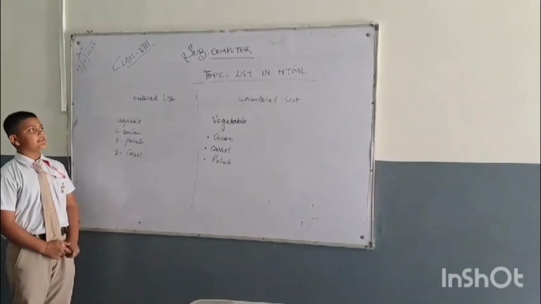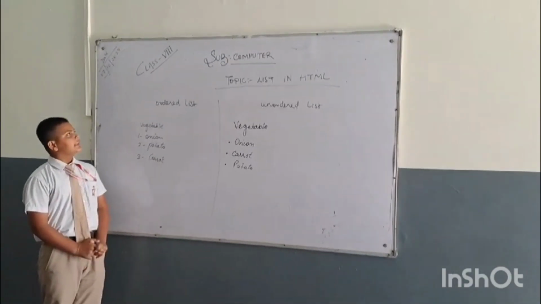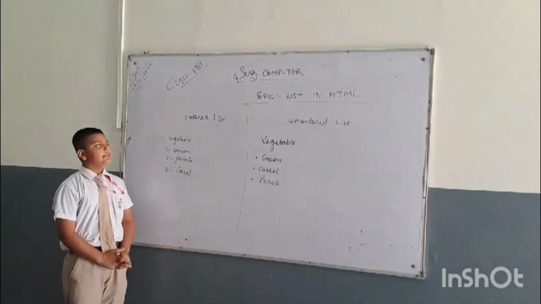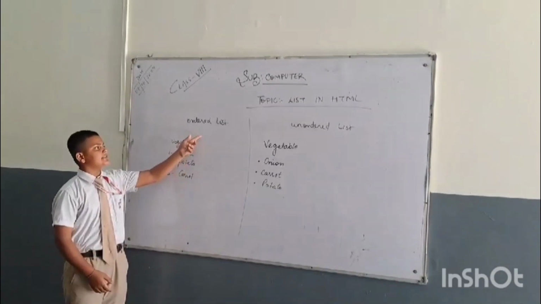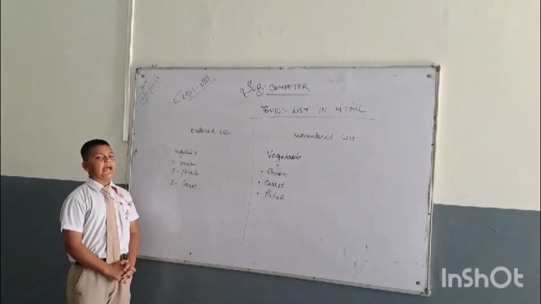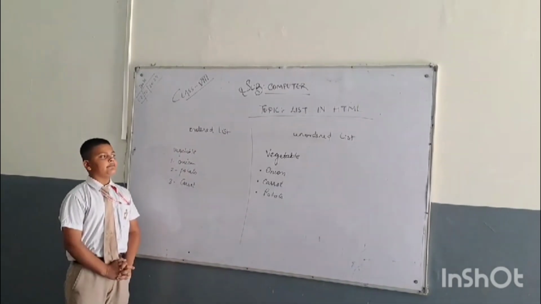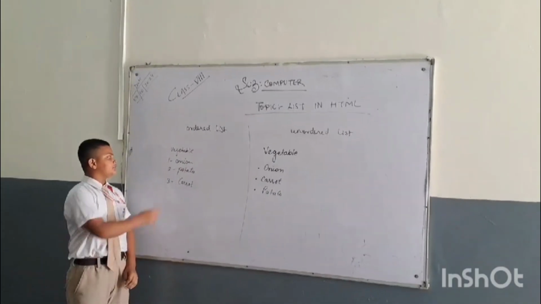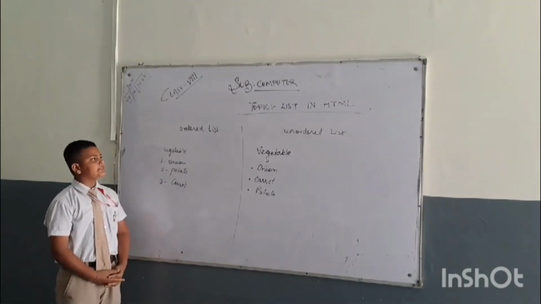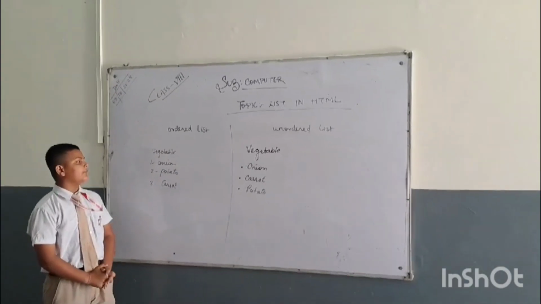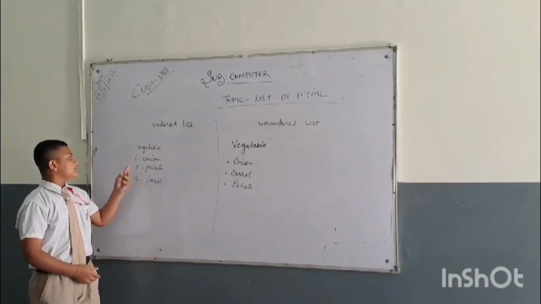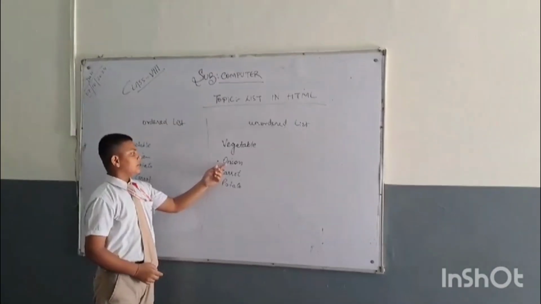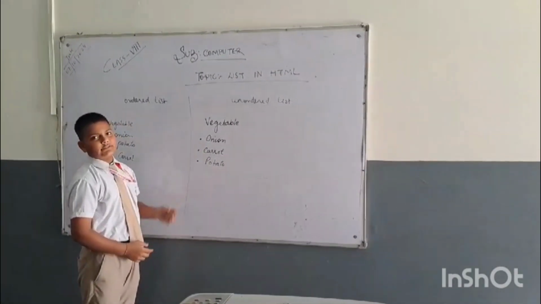My name is Vishama from class 8 in Shamford Future School, Amroha. Today I am here to explain the topic list in HTML. There are two types of lists: ordered list and unordered list. Ordered list has a serial and unordered list does not have a serial. Ordered list is the list in which we have to use numericals, and unordered list is the list in which we do not use numericals. Like first onion, second potato, third carrot. And in this list, onion, carrot, potato, there are no numericals. Thank you and have a nice day.